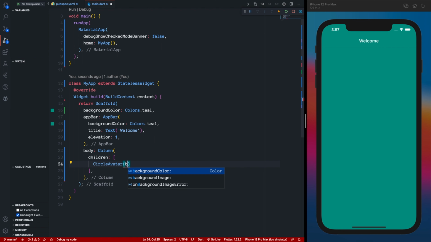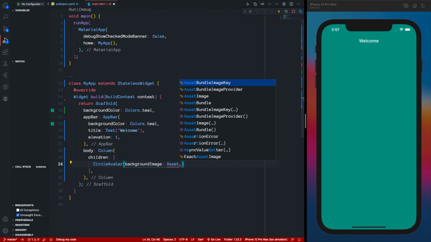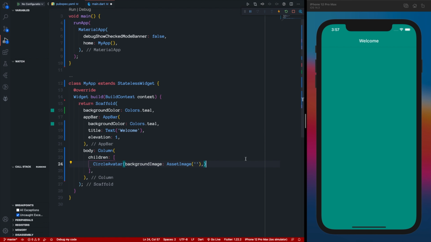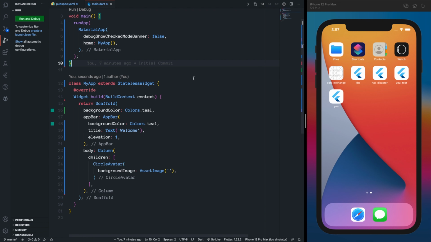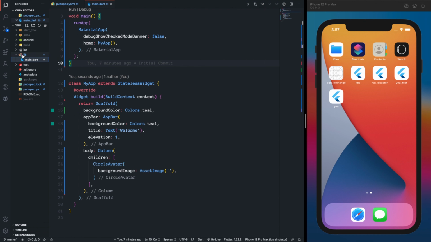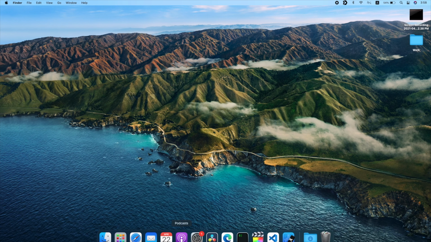So this is going to have a background image property, and this is going to take our asset image over here. Okay, now when we save this, we will get an error. So instead of getting an error, I'm just going to stop our app and come over here. So we need to add an image. An asset image is something which we have locally. So it is going to come from a folder called images, which is not here, but we are going to create it.